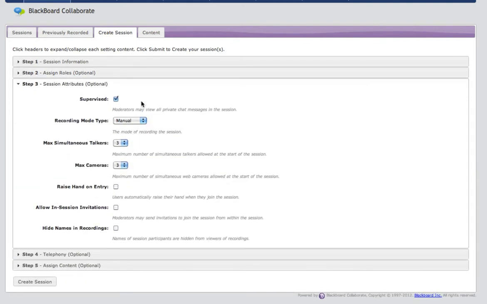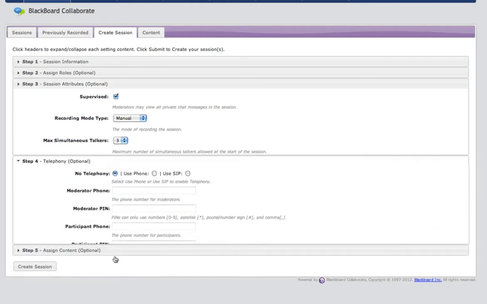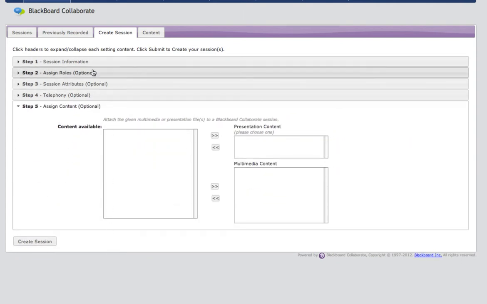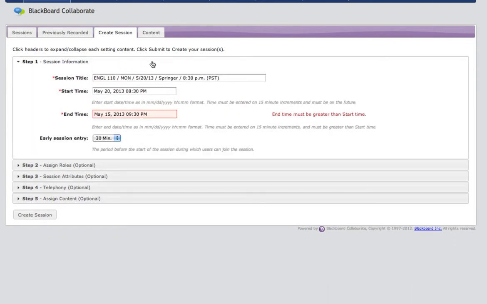And then Session Attributes, you can determine whether or not supervisors, the moderators in other words, can actually see private chat messages or not. You can modify the number of talkers, the number of cameras, whether hands are raised upon entry, whether in-session invitations are allowed, so we probably want to set that. And you can even set it so that names are hidden in recordings. So there are a lot of different options that we haven't had in the past, some of which you may find useful and some of which we will go over in later videos. But these are the basics for how you set up a